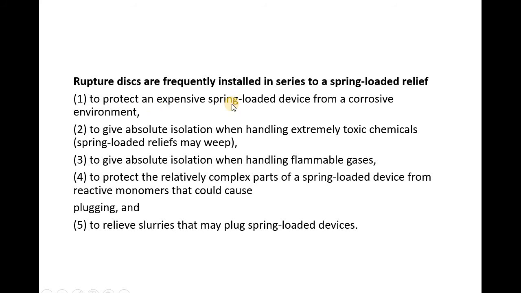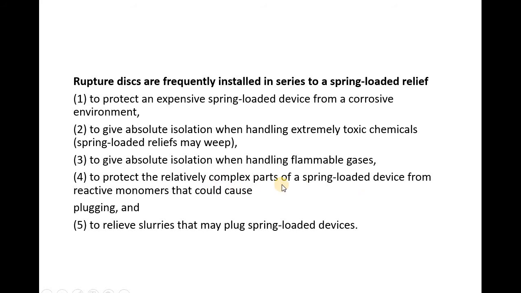Why? You want to protect an expensive spring-loaded device from a corrosive environment. If you have a very corrosive environment and you want to protect your spring-loaded device from getting corroded, because that is very expensive. To give absolute isolation when handling extremely toxic chemicals, and again, you put it in series, that means after each other with a spring-loaded relief, just to make sure that you are isolating it from those toxic chemicals. To give absolute isolation when having flammable gases, it's all the same idea: corrosive, toxic chemicals, flammable gases,